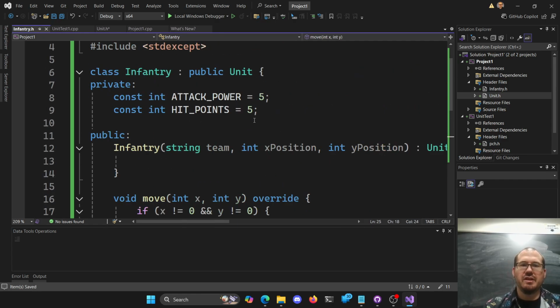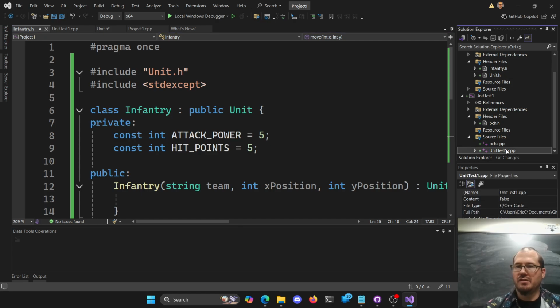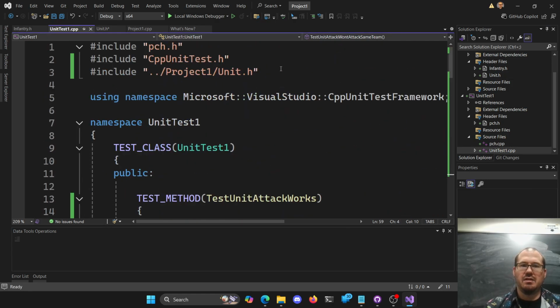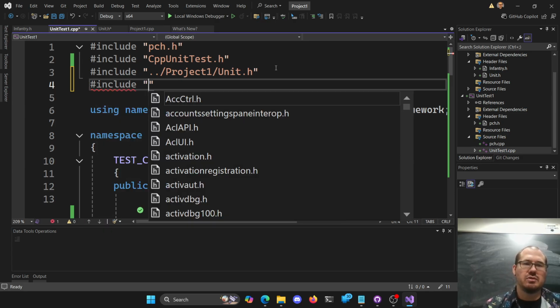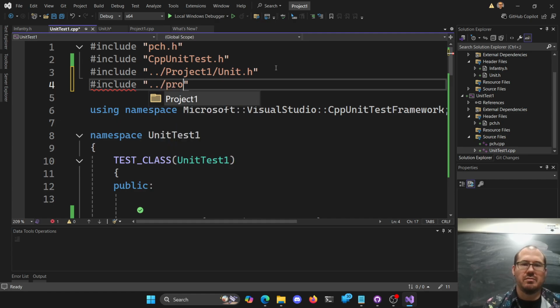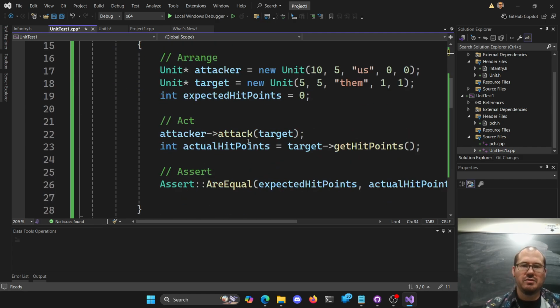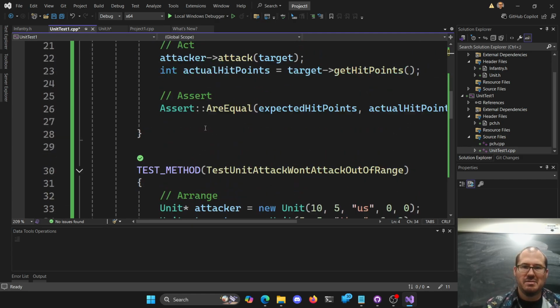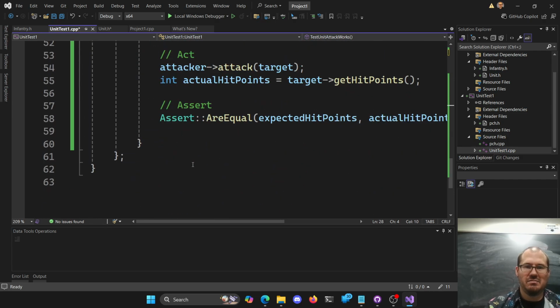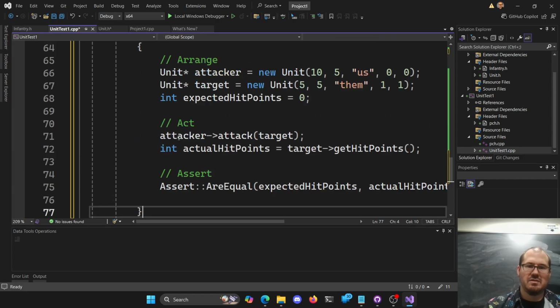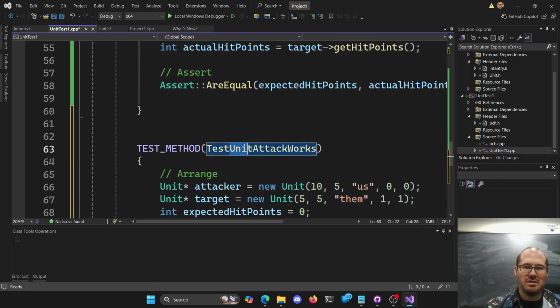Okay, so we want to test it. So we'll go to our unit test class here, and if you want a unit test per class, that's probably a little excessive. Sure, I don't know. I say I like individual classes here, but then I do different ones here. Project 1, infantry. Let's go test infantry. So this is test unit, test unit, test unit, but essentially the same idea here, right? We'll copy paste in, maybe down at the bottom. This is test infantry